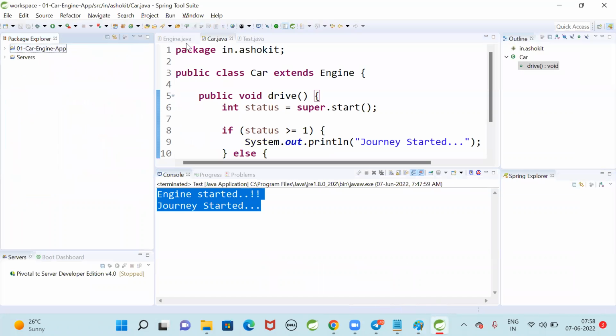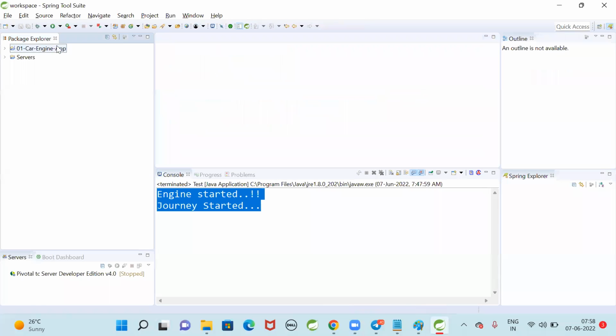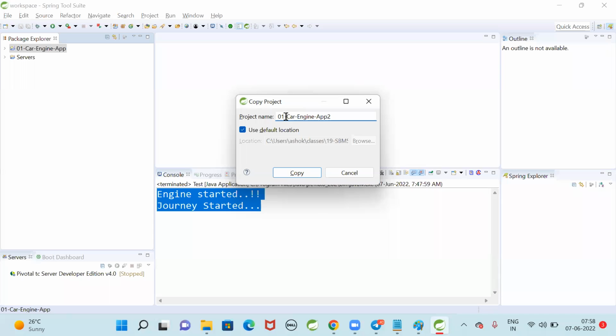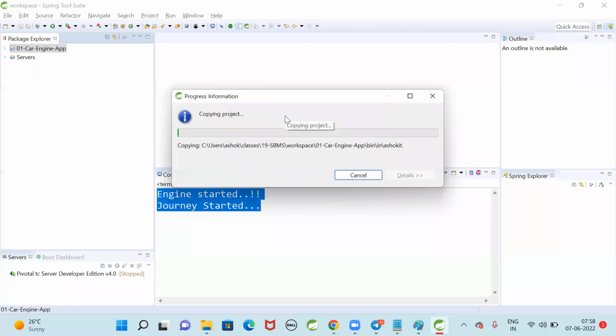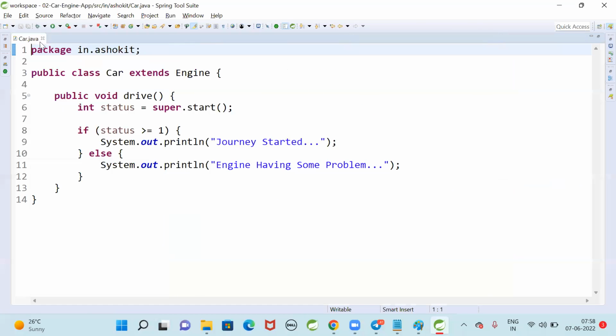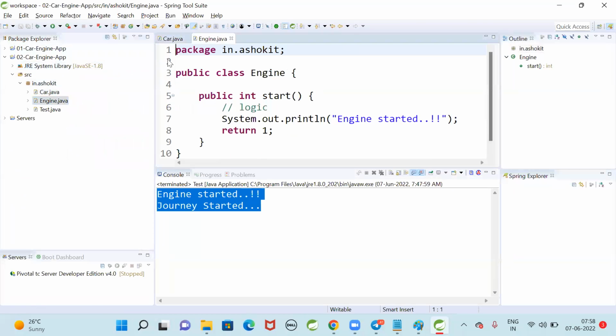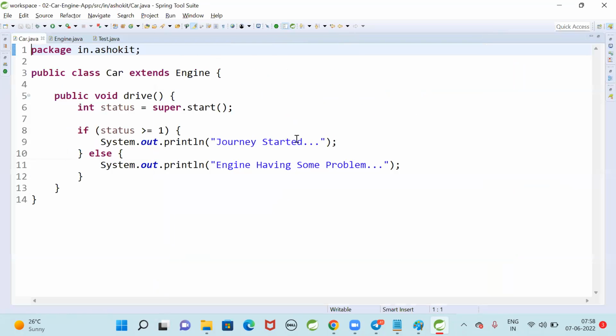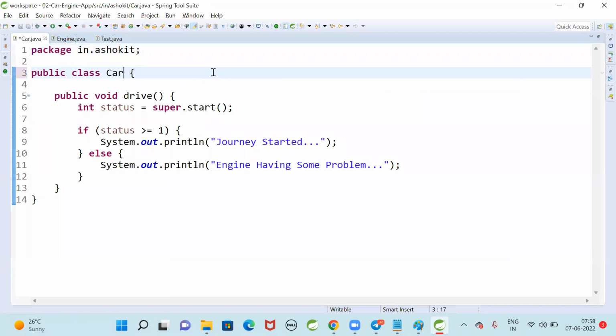Let's write now. Don't change this, guys. I'm going to copy paste this project and change the project name to 02 app. Now go to this project. Car class is available. Second project, engine class is available. Test class is available. Now what I will do is, instead of extending the properties,